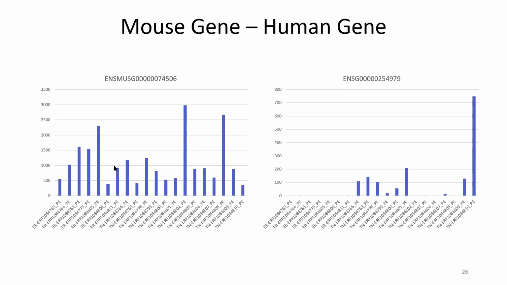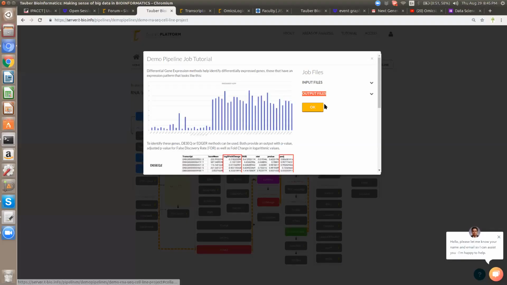It remains the same. So the number of samples remains the same, but the differential gene expression of the mouse gene is higher than the differential gene expression of the human gene. So this gives us much deeper insight into the functional perspective of genes in a number of conditions in the two organisms that we see. Now let us go to the pipeline and figure out